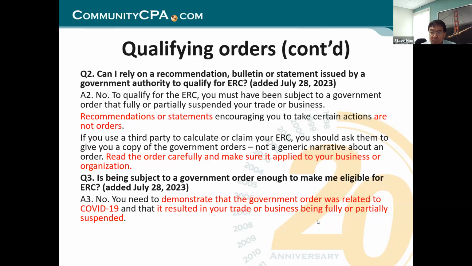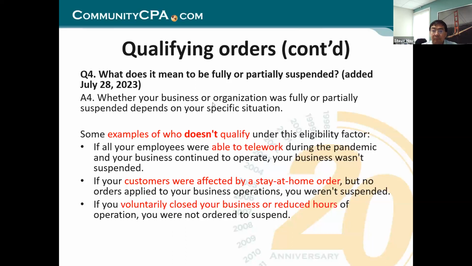Whether your business was partially suspended, and IRS did have some thresholds about testing the partial suspension. So you might have heard of this 10% rule. So that's where the 10% rule comes into play. So basically, 10% of your operation needs to be suspended in order for you to be able to use the government order rule. Okay, and